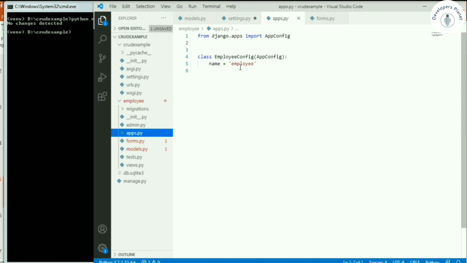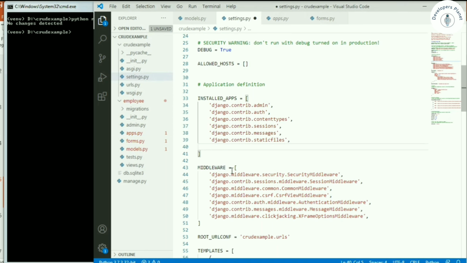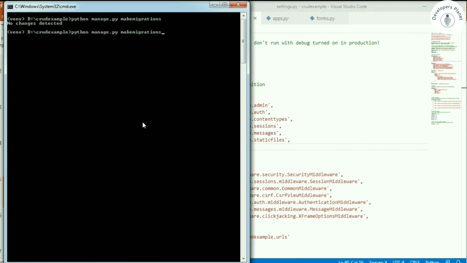So let's go to the employee app, and this is the name of our app. We will copy this, go to settings, and mention employee inside single quotes. Let's put a comma here. Now we have mentioned our employee app in INSTALLED_APPS.